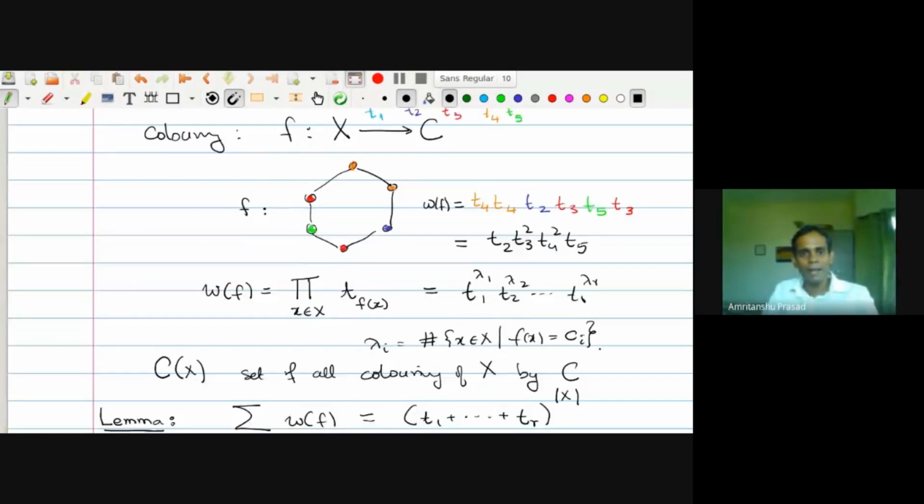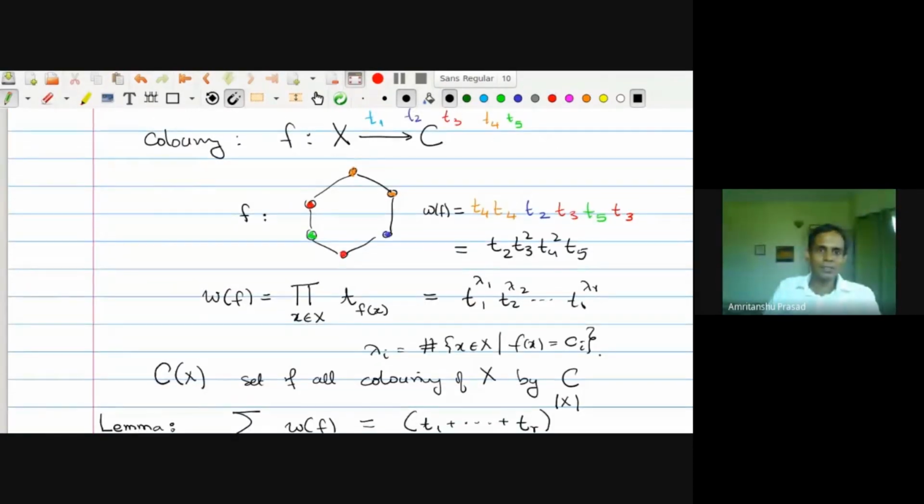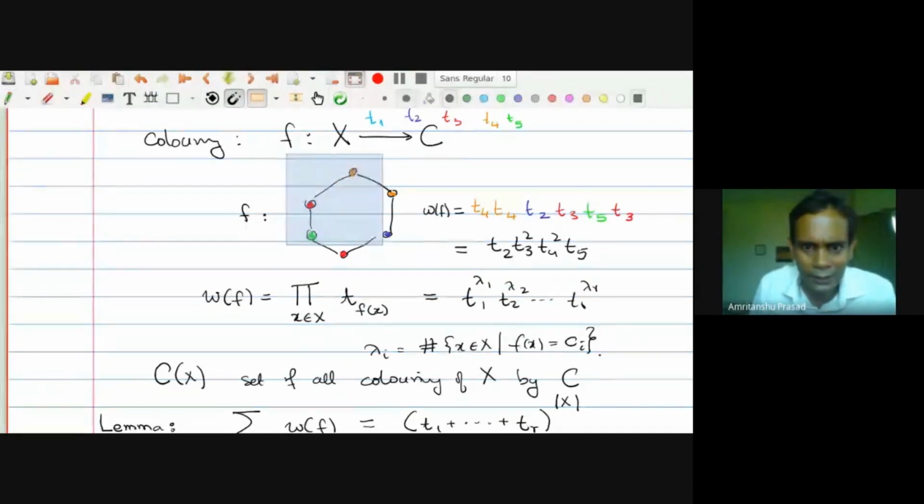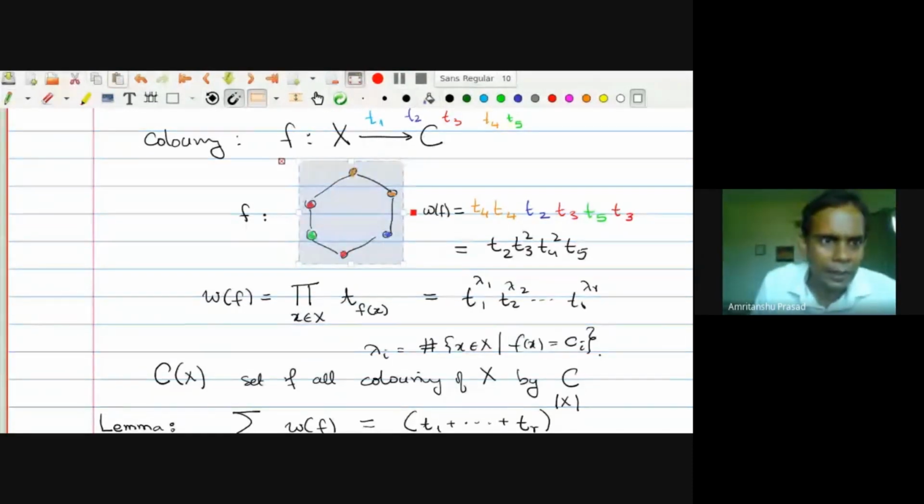So let's come back to the example of necklaces, which is always a wonderful example to keep in mind. So I have this necklace here, and